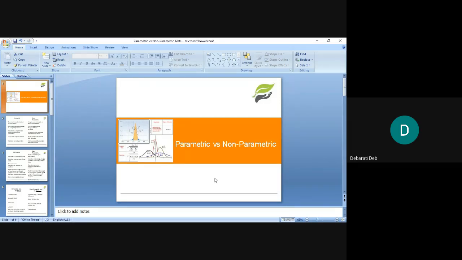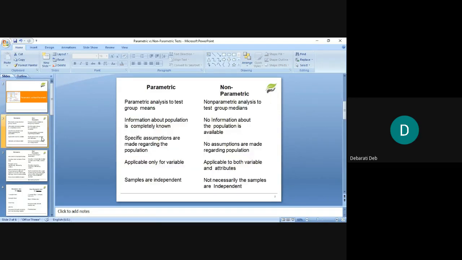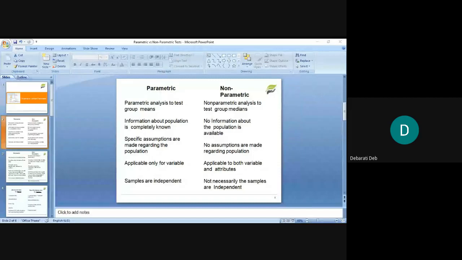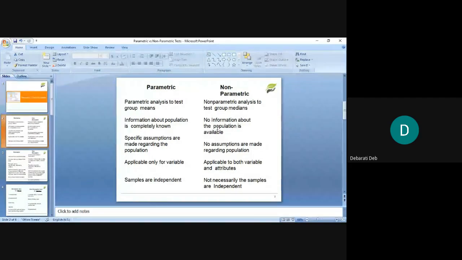So basically there are two types. One is called parametric and one is called non-parametric. Now what are these? By this distinction, which you can see right now on your screen, I hope. Yeah, you can see it on your screen right now. With the help of these two types, with this distinction, we will understand what is the meaning of parametric and what is the meaning of non-parametric tests. Now see, the first point you see. All of you listen to me very carefully.